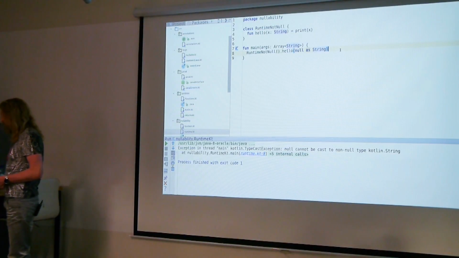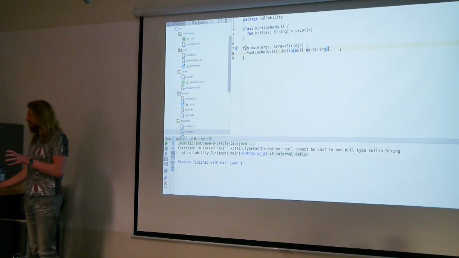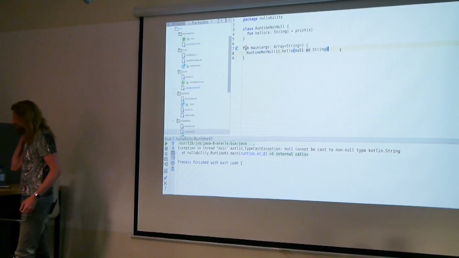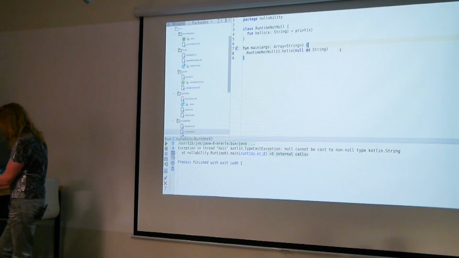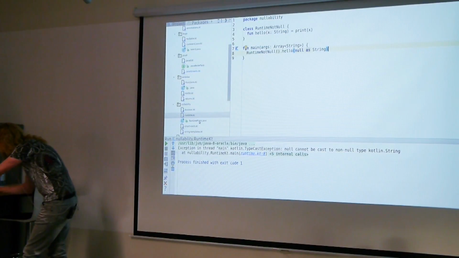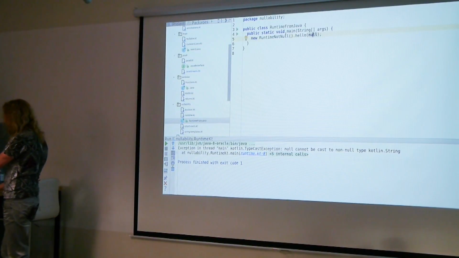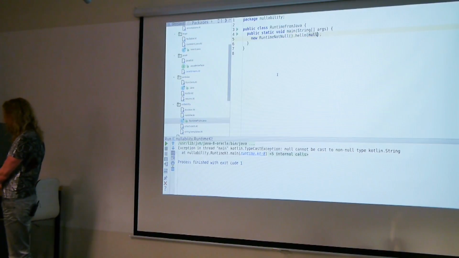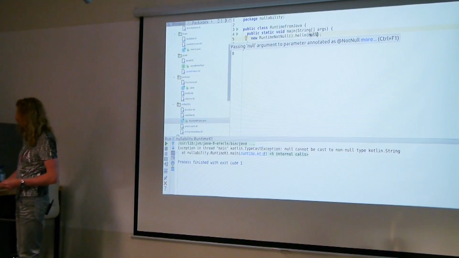You can always dereference if you do a null check, then you can convert the nullable to not nullable very easily. And even the compiler is quite smart. But what I wanted to show you is if I use the same class from Java. I use it normally, and in Java it's perfectly safe. I can put the null here.